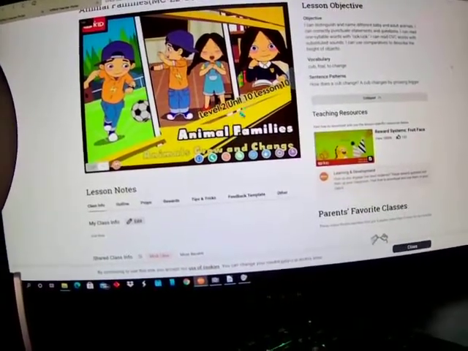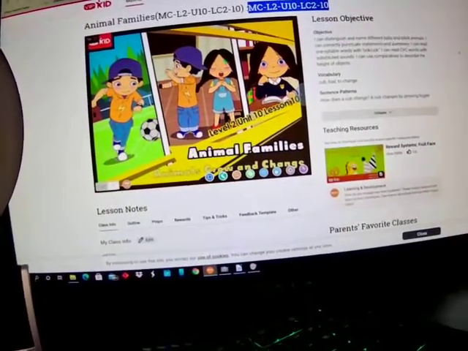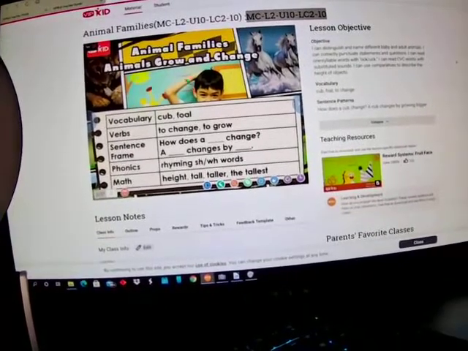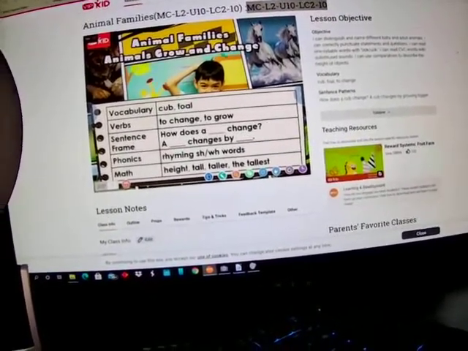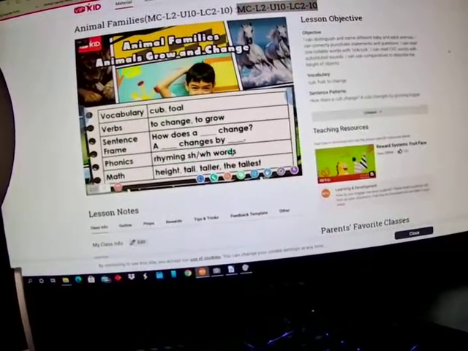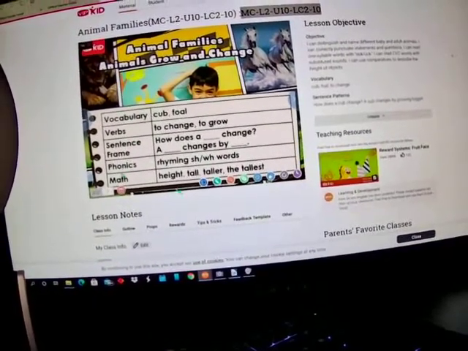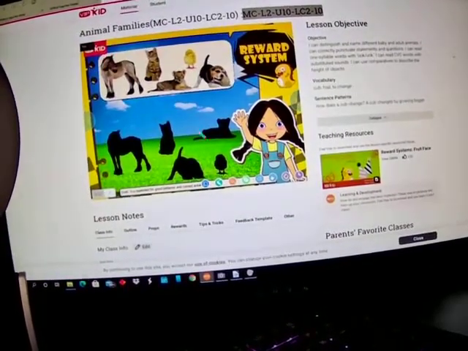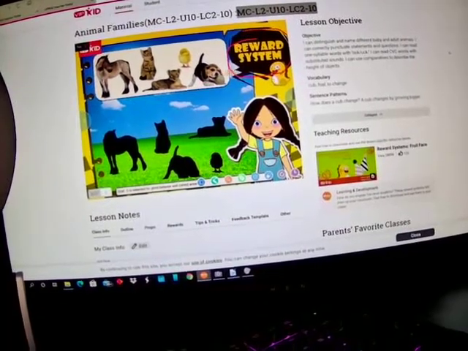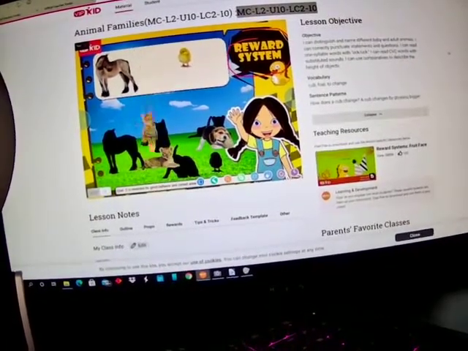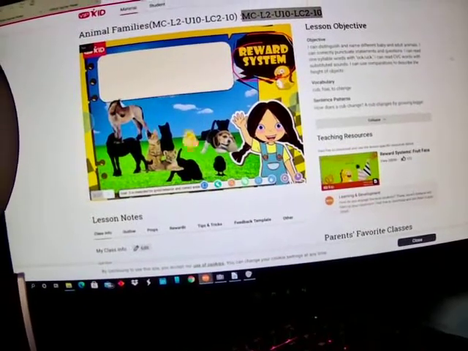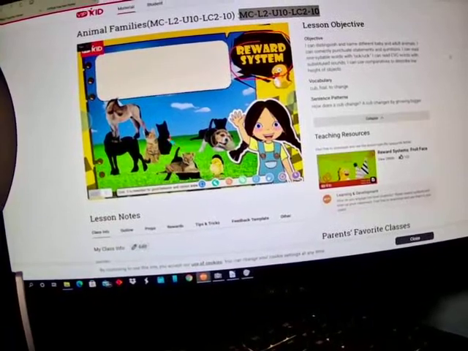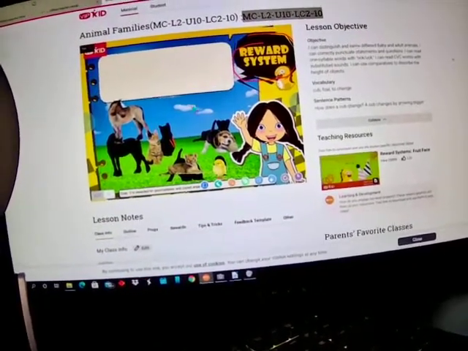So for the animal families, when you originally start, this is where you do the intro. If you know the student long enough and you know that the class goes really fast, you can take time after you get to know the student. You can take the time to cover this section right here, or you can skip it. That's not a problem either. Now, sometimes the reward systems are interactive, so you can do things like that. They'll be able to play around. You can do this for about a minute, 2 minutes, and they'll enjoy doing the drag and drop.